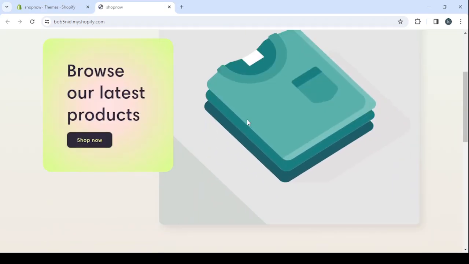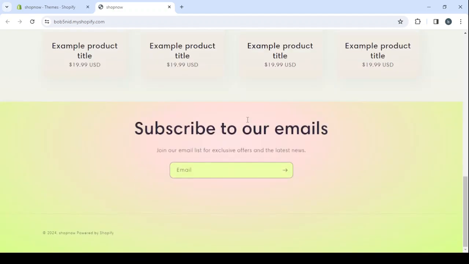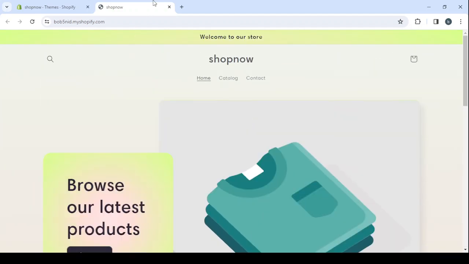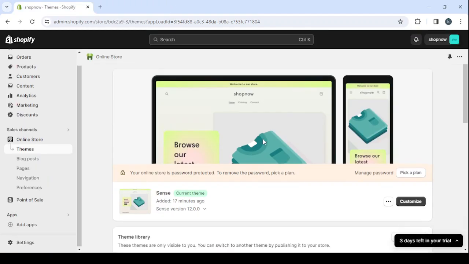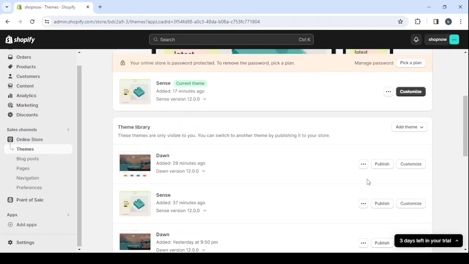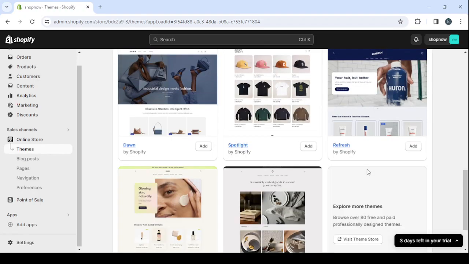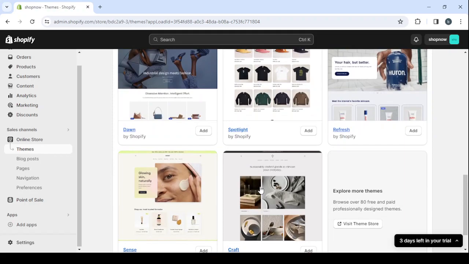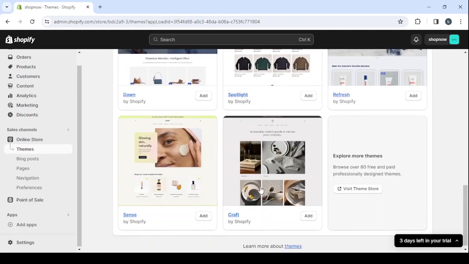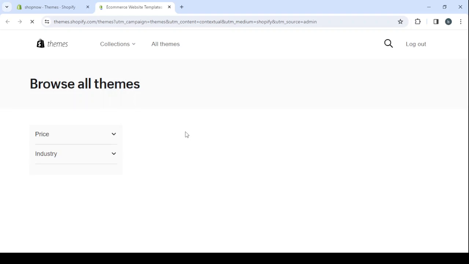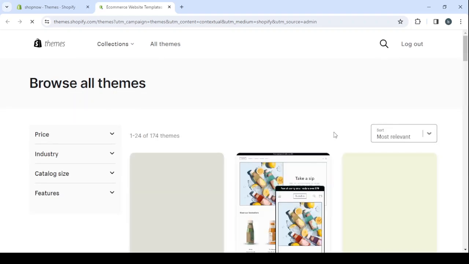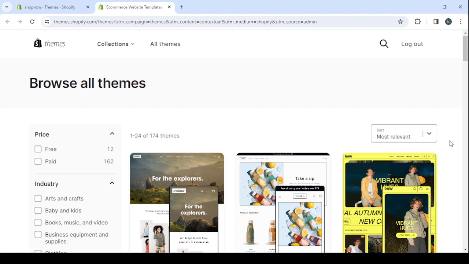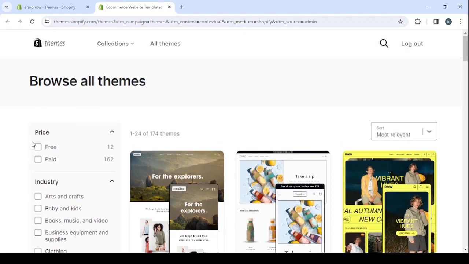So this is how it's looking. This is our store, and this is the theme that we have installed right now, and the name of the theme is Themes. And by scrolling down you will be able to see a bunch of themes that you can use, and all of these themes are free. There are some paid themes I'm going to show you. We have a lot of paid themes and a few of them are free. You can use them for free. So here let's filter by the free themes,